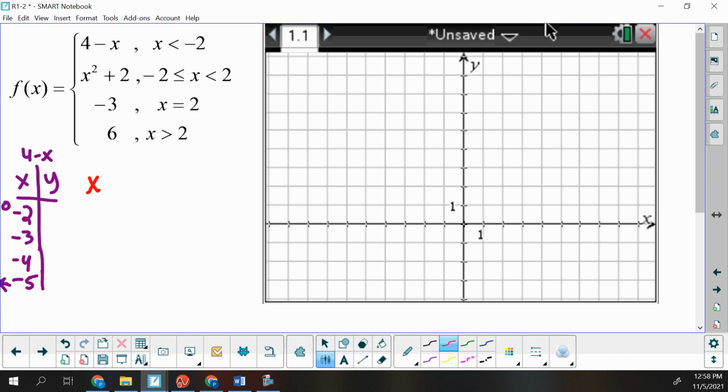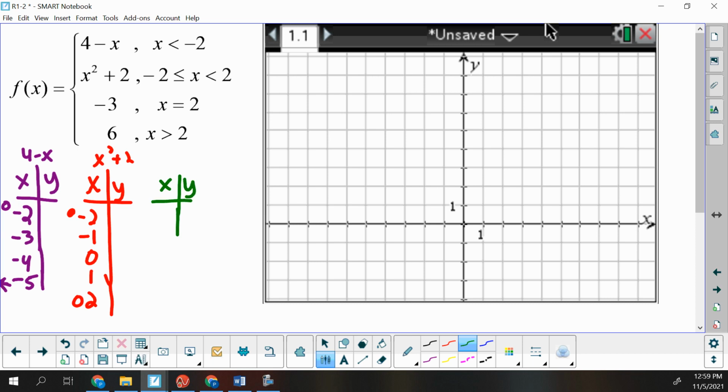Our next one, we'll do a t-table for x squared plus 2. That one was just going negative 2 to 2. So negative 2, negative 1, 0, 1, and 2. Negative 2 was less than or equal to, so we need a closed circle on that one. The 2 did not have the equal to, so we'll need an open circle on that one. And we'll come back to those to find the table values. The next one,